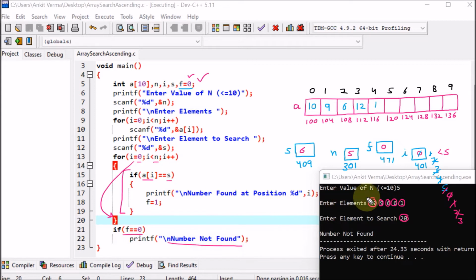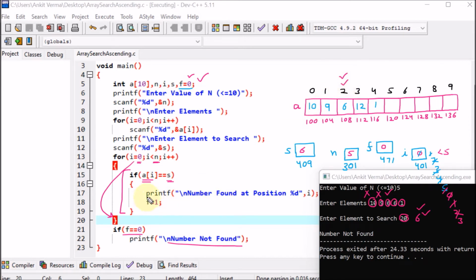But let us suppose you have entered the number, let's say, 6. Now what will happen? Again the for loop will start from 0 and go till n, that means till 4 it will work. Now it is going to match a[i] with s. First of all, this 6 is matched with the 10. It is not matching. Then it is matched with the 9. Not matching. Then with the 6 it is matching, which is on the second index.